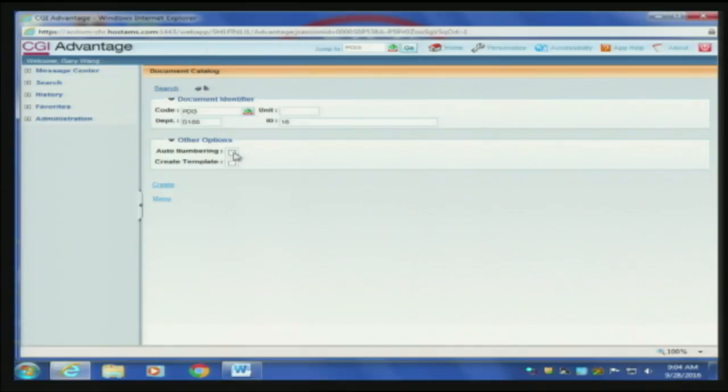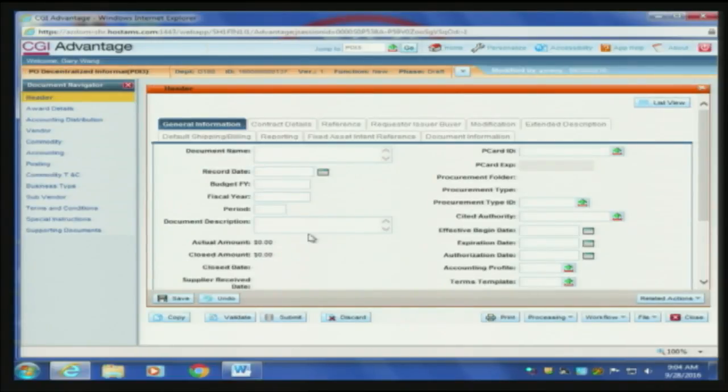there have been a couple of changes. Most of you know, I hope, and if not, you'll learn today, that your purchase orders now are going to have a multiple commodity line with accounting string. And so then I'm going to need you to explain why that's going to happen. And then